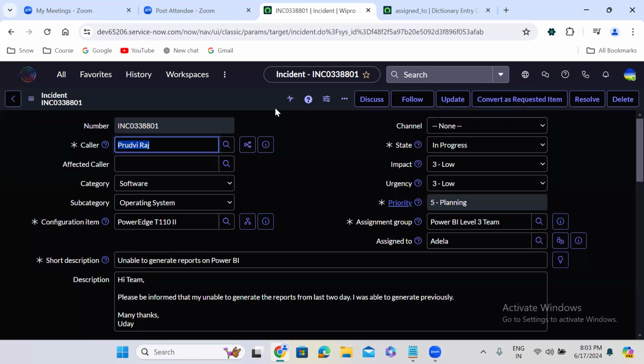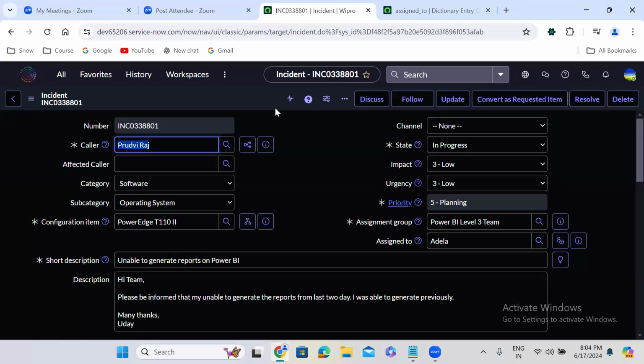I don't want the temporary solution. I want the permanent solution for this particular issue. So don't close this incident unless and until you provide the permanent solution.